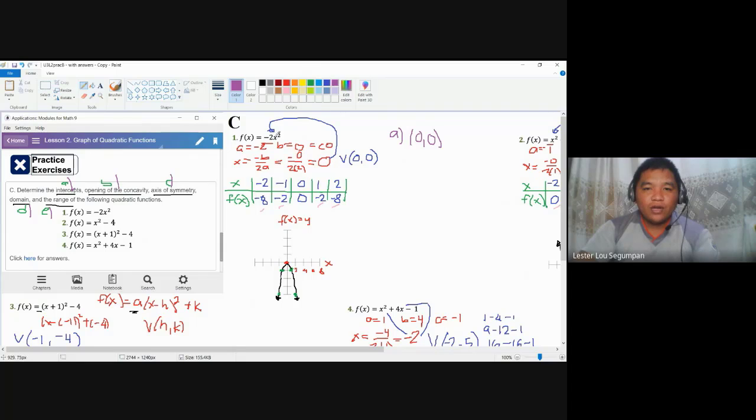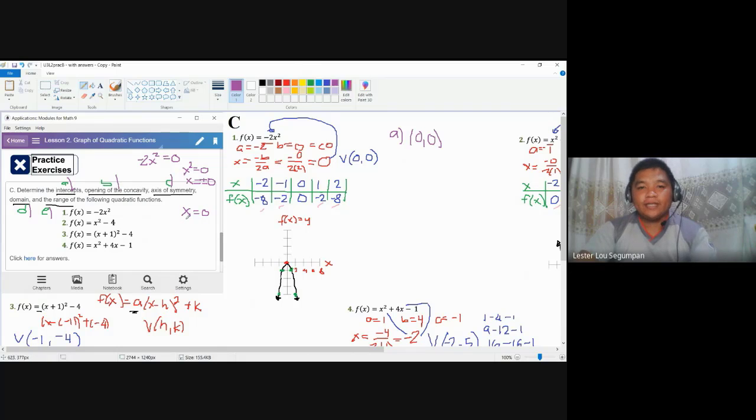If you're going to talk about the roots of the equivalent quadratic equation for this, let's say you have negative 2x squared equal to 0. Right? The roots for this are found by dividing both sides, so you have x squared equal to 0. Take the root of both sides. You have x equal to plus or minus 0. But since we don't have signs for 0, it stays as 0. So we only have one root.